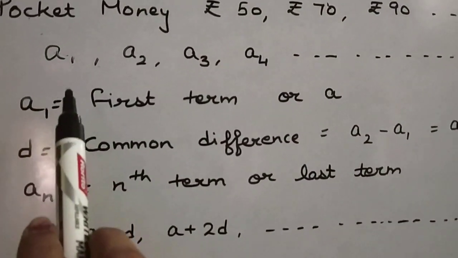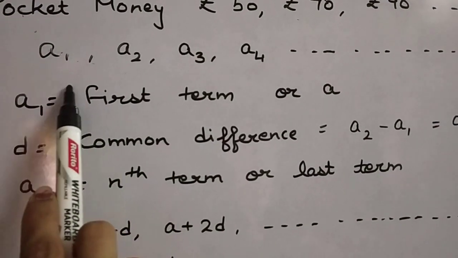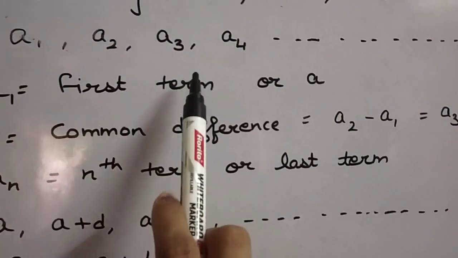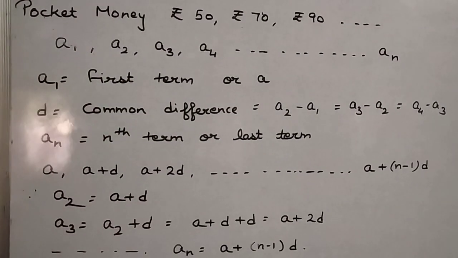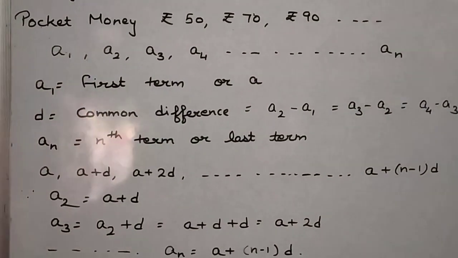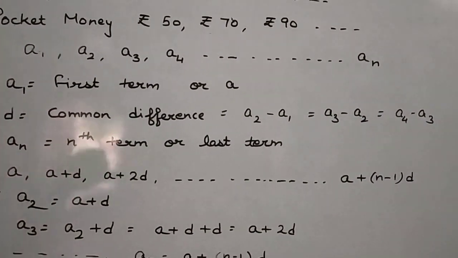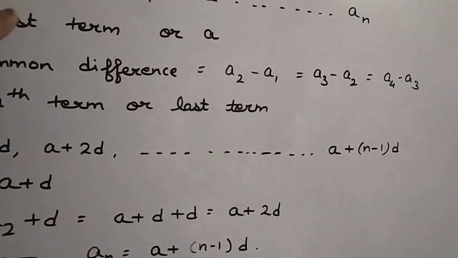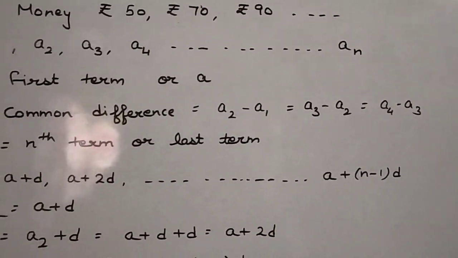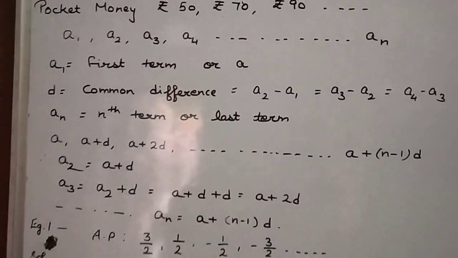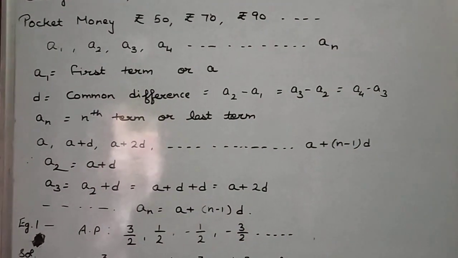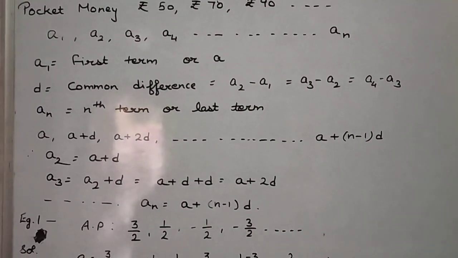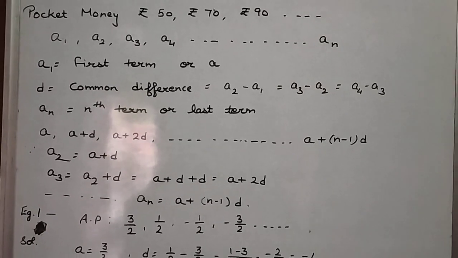So here we will study about the numbers. We will denote them by A1, A2, A3, A4 and so on up to AN. What does it mean, A1, A2, A3? These are our numbers and we are denoting them by this pattern, like AN. AN is our last term. Here the N is not fixed. N can be any term, like it can be the 10th term, it can be the 100th term, even it can be the 1000th term.